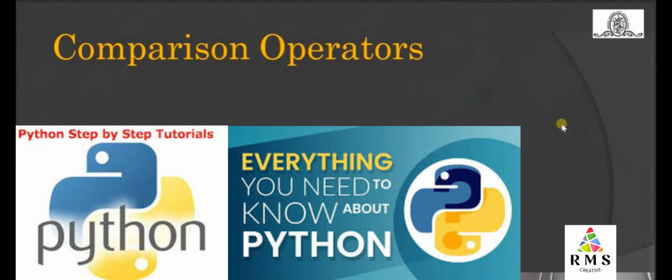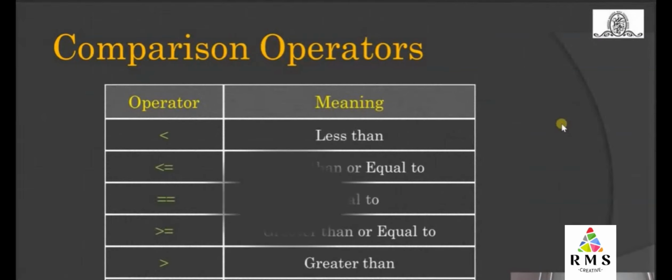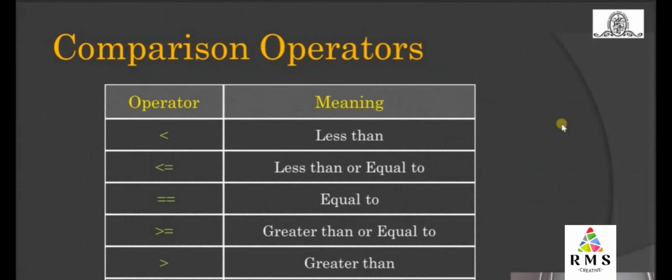Before that, we are going to compare a few variables with some particular value. So let us see the comparison operators. First of all, there are operators like less than, greater than, less than or equal to, greater than or equal to. Similarly, equal to, if you are going to compare some particular value, for example, x is equal to 10. Remember, we are going to use the double equal to sign